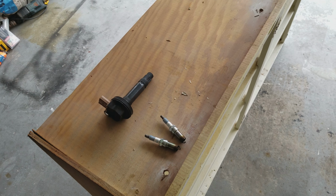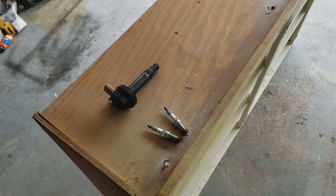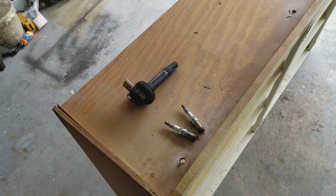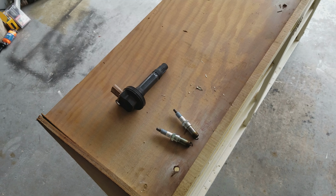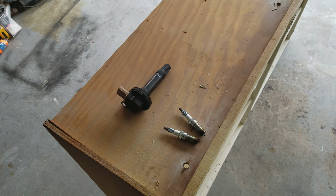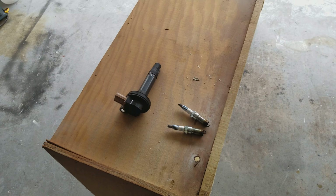2015 F150 3.5 EcoBoost. A couple days ago I got the P0305 code. I got it under just normal acceleration. Felt like I pretty much lost a turbo, felt like a hose blew off or something, lost a lot of